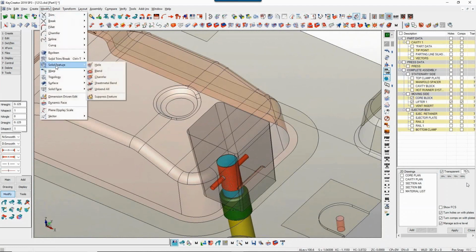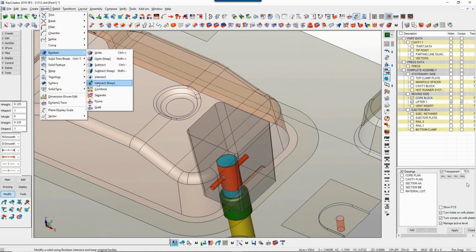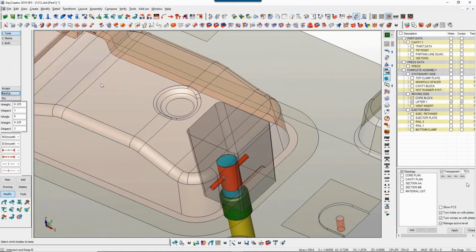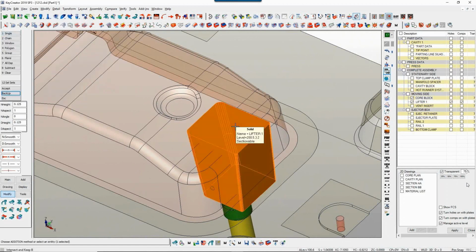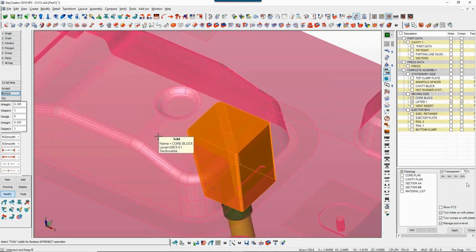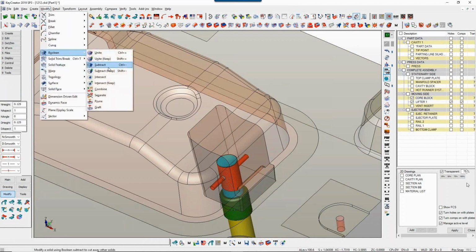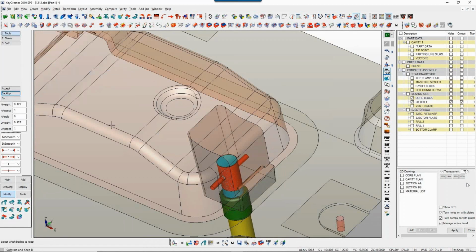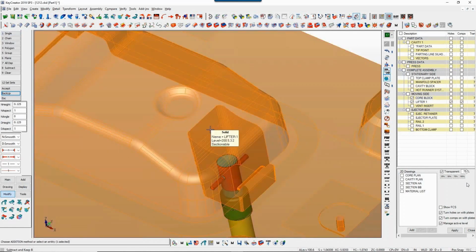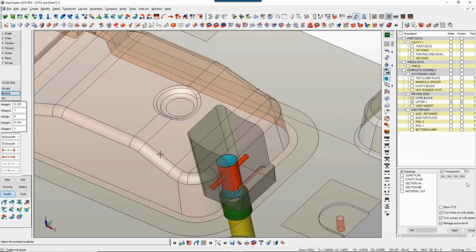Now I'm going to use a function called intersect keep. So we go to the Boolean operations, go to intersect keep. The blank in this case is the lifter because that's what I'm modifying, and the tool is the core block. And that makes the lifter match my core block. Now I'm going to do a modified Boolean subtract keep. What that allows me to do is my blank now will be my core block because that's what I'm changing, and I pick out my lifter, and it's going to subtract the pocket from my core block, but not actually remove my lifter. So that's it. Just like that, I have